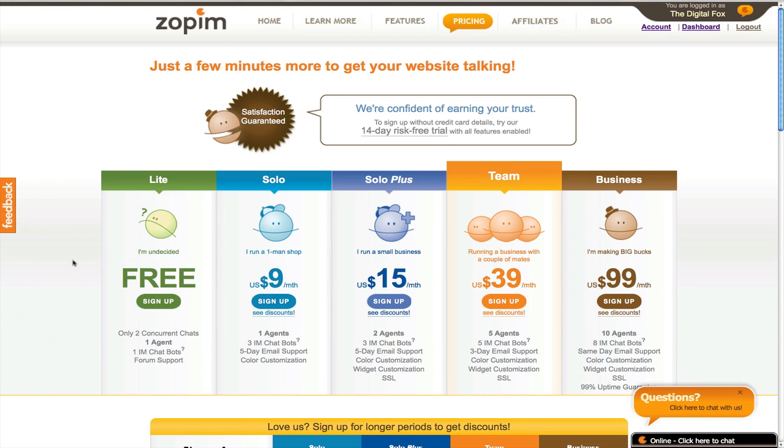Right here, you actually start up on the free one, and you're going to get 2 chats that you can do at the same time. So if you have 20 people trying to chat with you, you can only do 2, and you can only have 1 agent. So it's free. You can try it out. It works great. It's going to be a great thing for you to get started and to build